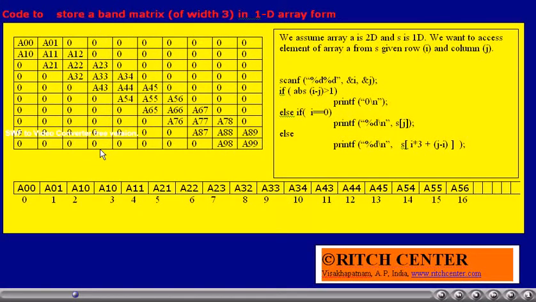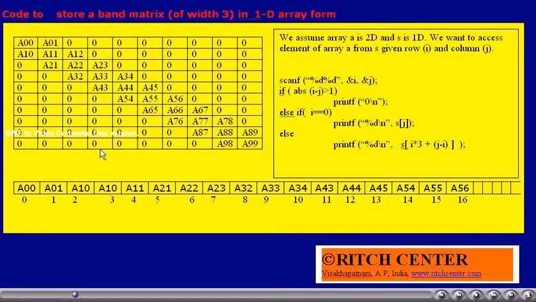Here in this problem, probably 3 possibilities will arise. The element whose row and column index is given by the user may not be in the band at all. If you observe the matrix, this side and that side elements of the principal diagonal are the band elements for this bandwidth of 3.